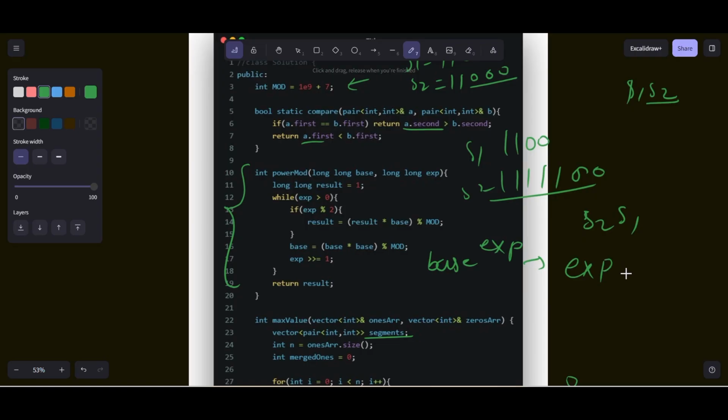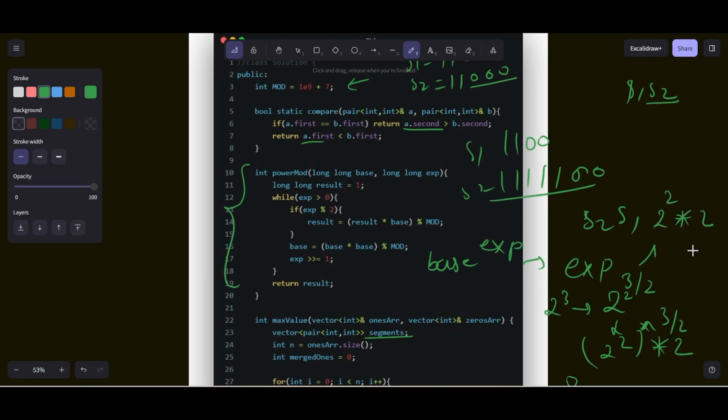If odd, take the example 2 power 3: you can represent it as 2 power (3 divided by 2) multiplied by 2 power (3 divided by 2), and since it is odd, we have to multiply by 2 once more. So 2 power 3 is 2 power 2 into 2.